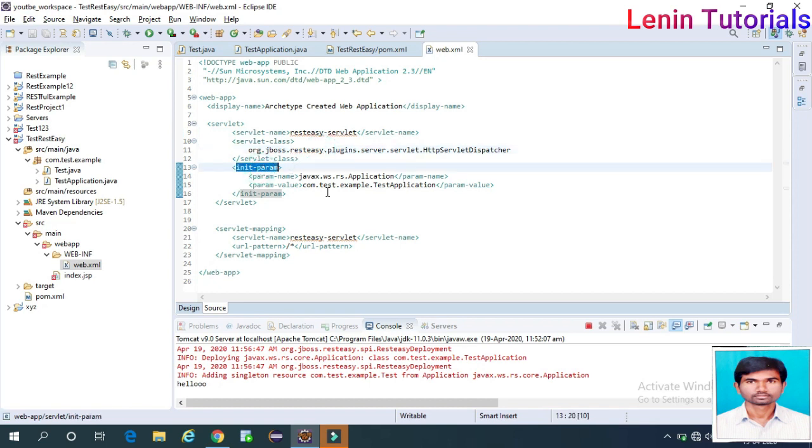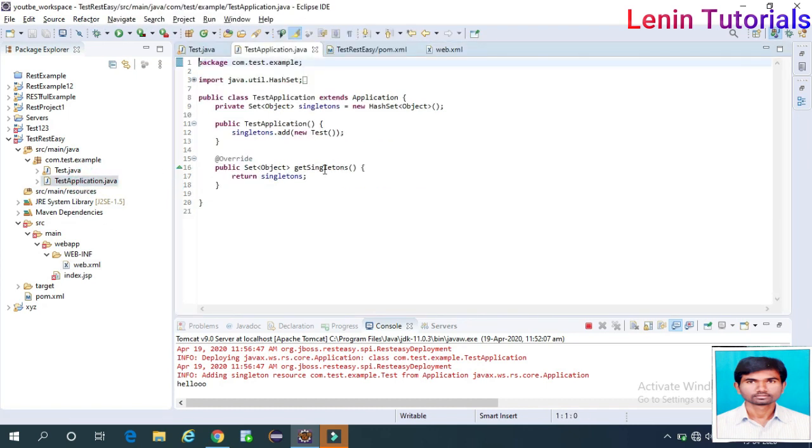Now this is the main part actually. Init param javax.ws.rs.Application. This is the TestApplication. In TestApplication, what I did, they have taken a HashSet. To the HashSet I added resources. After that, I am loading those, adding, then getting all the instances. In TestApplication, one method is there, getSingletons. I am returning whatever I added as singletons. It is a Set, right, duplicate objects not allowed. So I am getting singletons, objects of this one, test.